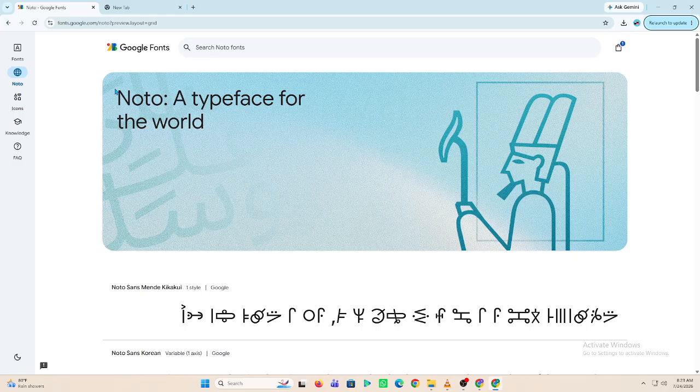First, open the Google Fonts website and choose a font that matches your project style. Next, select the font styles and weights you want to use, then copy the provided embed code or download the font files. If you're using a website, add the Google Fonts link to your HTML file or import it through